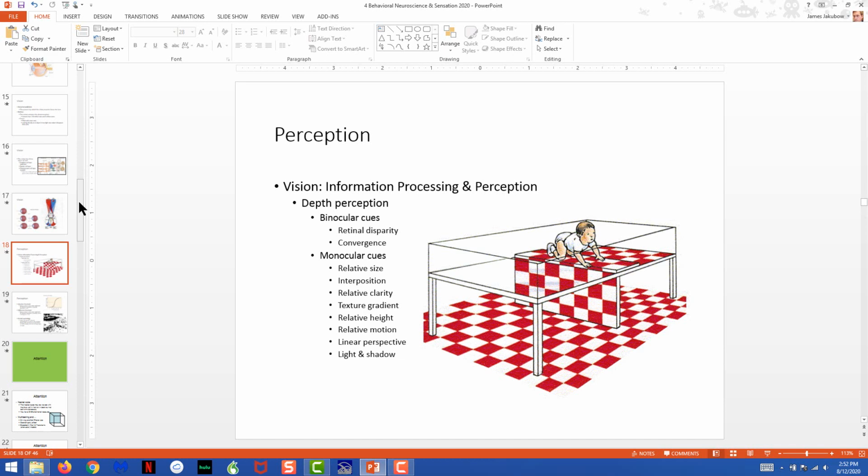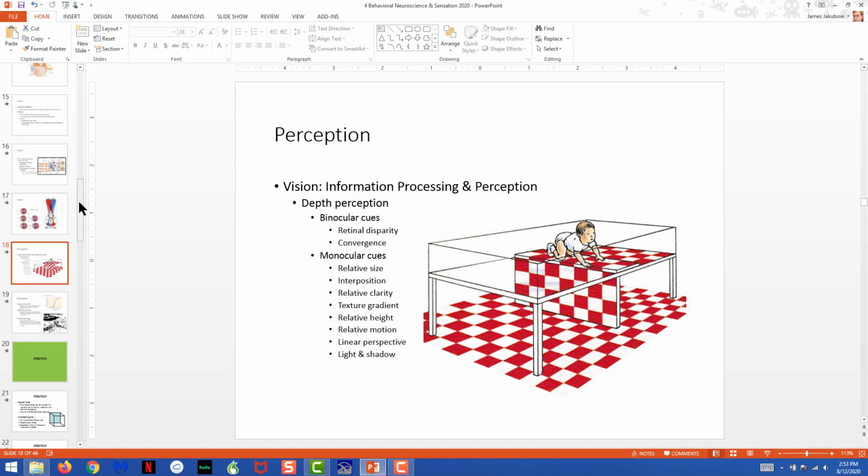Interposition. Interposition is when one thing that's closer to you blocks your image of something else. So typically, for a teacher in the front of the room, if a teacher stands behind a desk, the desk blocks part of the view of the teacher. That's so obvious you wouldn't even think about it, but that also indicates distance. What's closer to you, the table or the teacher? Well, the table is, because part of the teacher disappears because of the presence of the table itself.